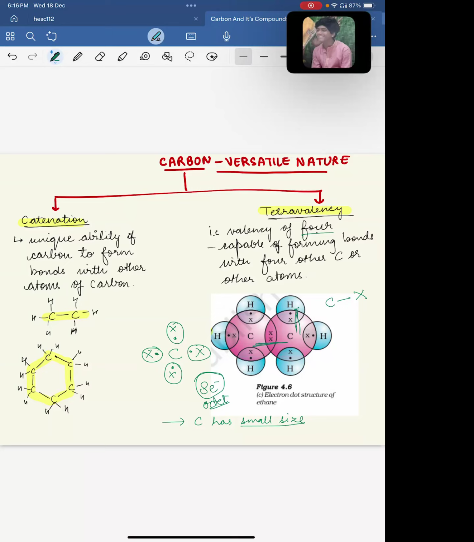Can anyone answer? Anyone have any idea? Ma'am, can you repeat the question? Why does carbon being small in size help in creating more bonds or strong bonds? Carbon has small size, that's why it forms stronger bonds. No idea? No. For example,